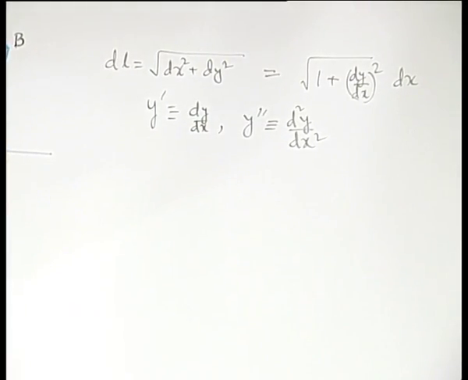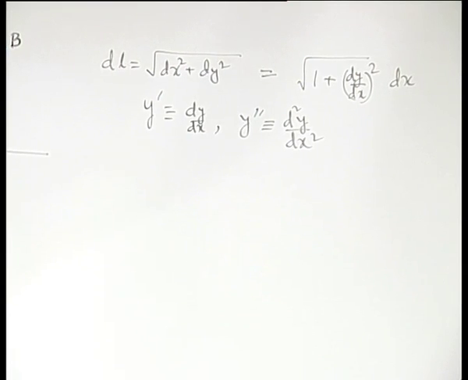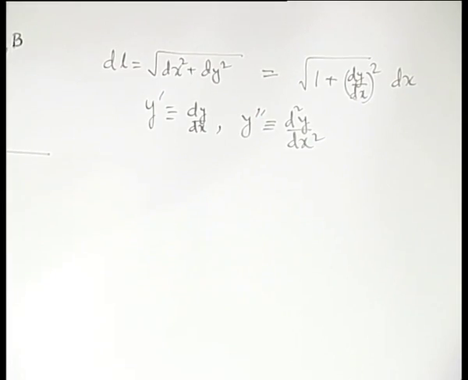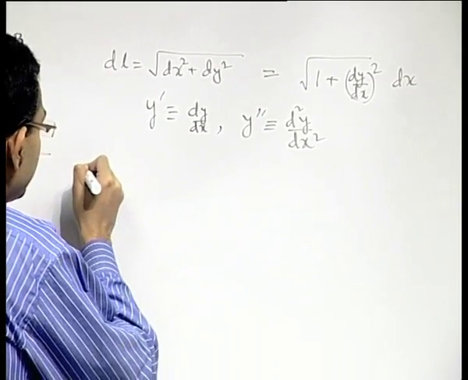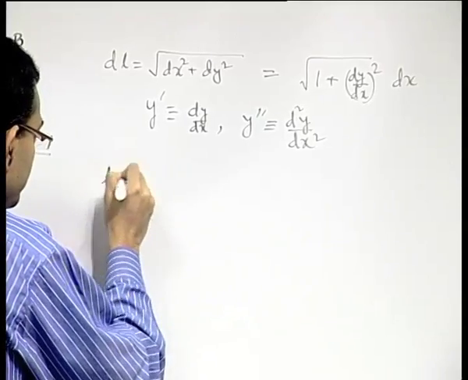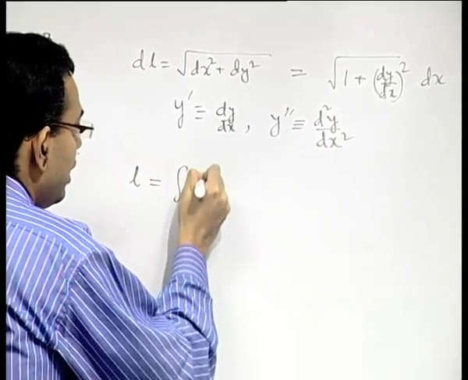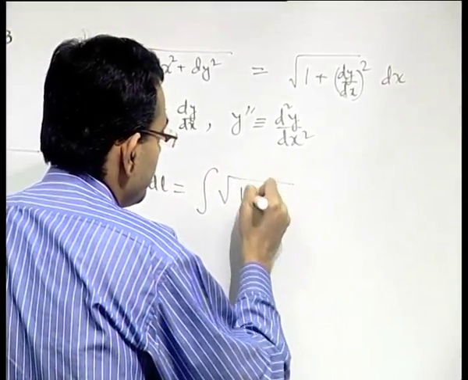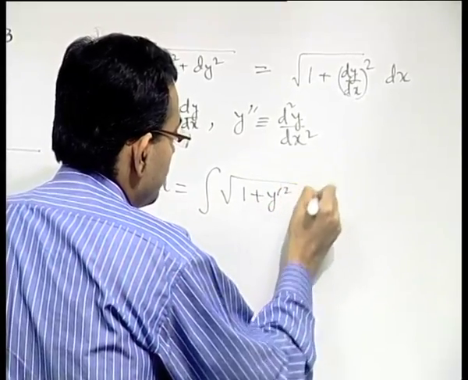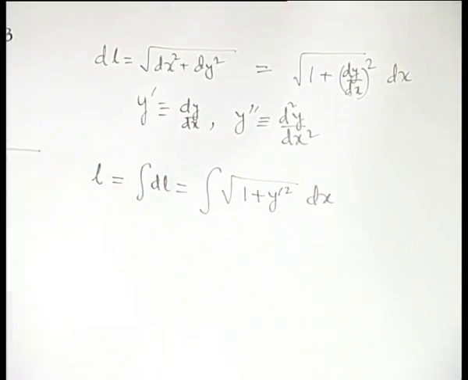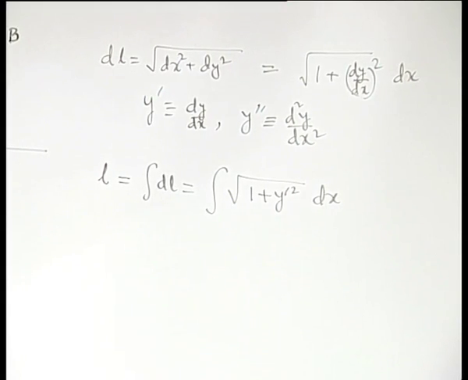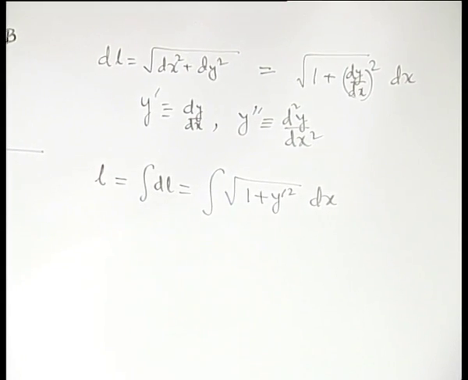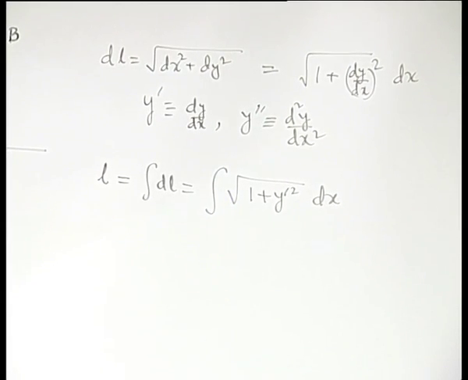These are the sorts of notation that we will be using, which are anyway common notations in calculus. So our objective is to first find out what is the total length, that is integral of dl, which is integral of this one,